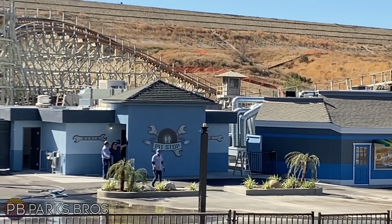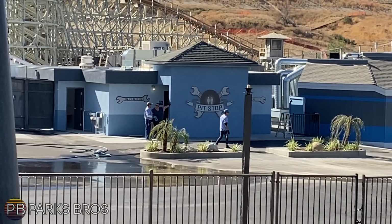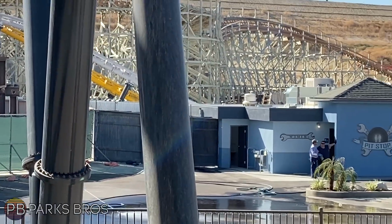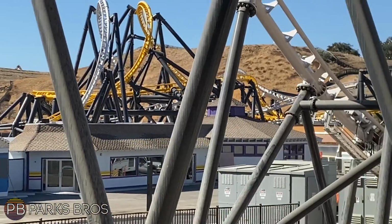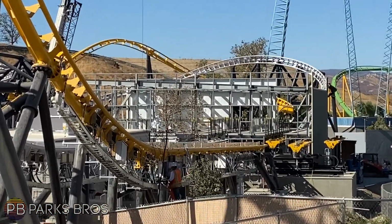But look at this. The restrooms have a name. It's called the Pit Stop, and I adore that. I think that's actually really, really awesome. And just to let you know, we'll get back to a little news involving that a little later, but you